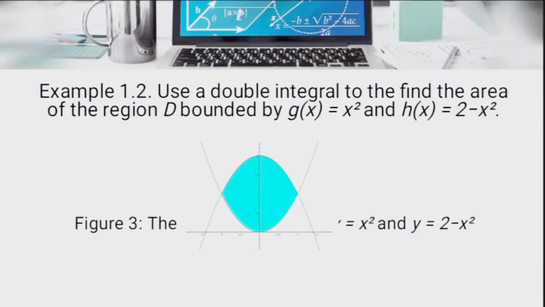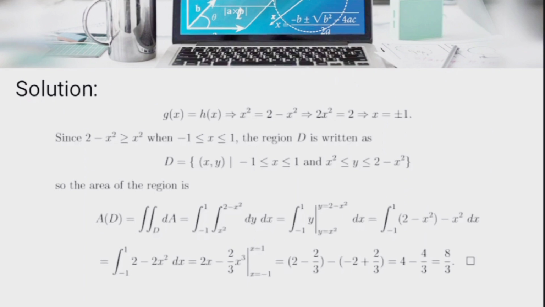Example 1.2 states: use a double integral to find the area of the region D bounded by the functions g(x) equals x squared and h(x) equals 2 minus x squared. Figure 3 shows the two functions. Okay? So for the solution,